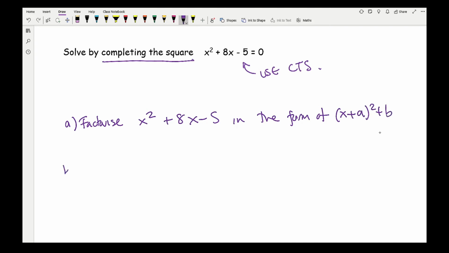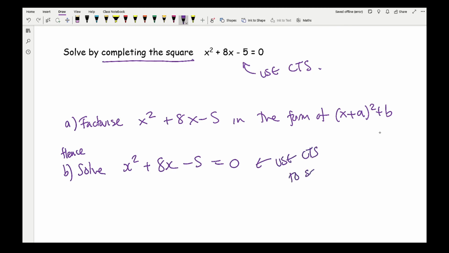And then part B of the question might say to solve. And then the original question, which was x squared plus 8x minus 5 equals 0, or it might say hence solve. And then what I'd have to use is CTS to solve,